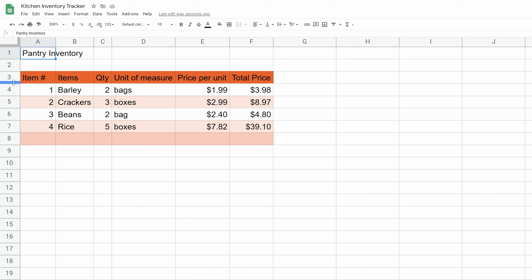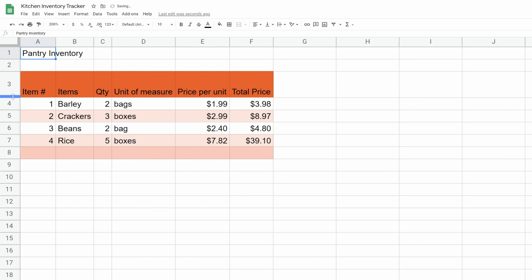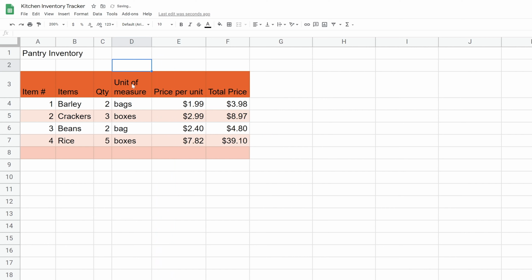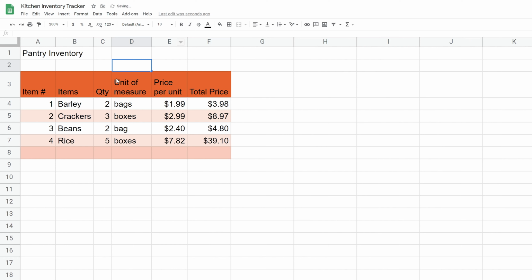You can also change the height of the rows. So if I go in between 3 and 4, left click my mouse, it's a similar process, and I'll drag this down to the next row. So I'm essentially doubling the height of this row. I let go. It's not apparent why I did that right away, but why I did do that, let's highlight all of the header. And we'll tell Sheets when it gets to the end of the line, do text wrapping. And then if I make these columns a little bit thinner again, it's going to wrap the text. So we'll do that on price per unit also. This way you can just make it a little bit tighter if you want.